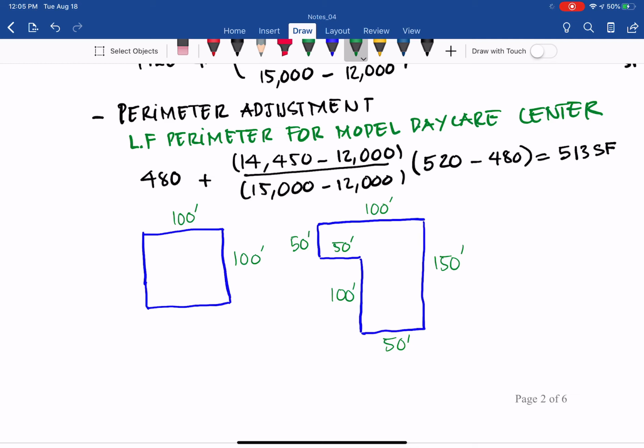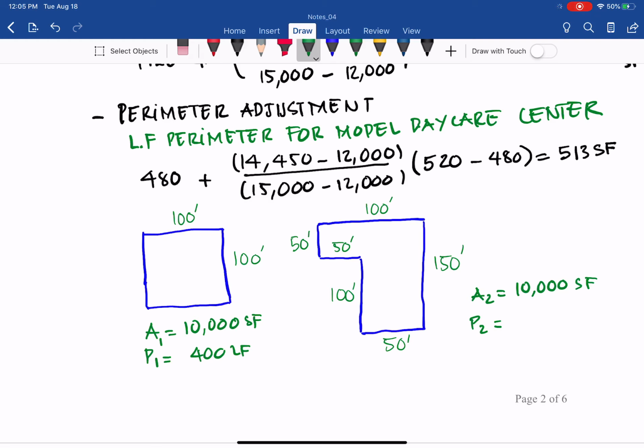Absolutely the right one, right? Because of the perimeter, as you can see here. For this one we have A equal to 10,000 square feet, and the perimeter is equal to 400 linear feet. This one we have A2, it's still 10,000 square feet, but the perimeter will be 50, 50, 100,